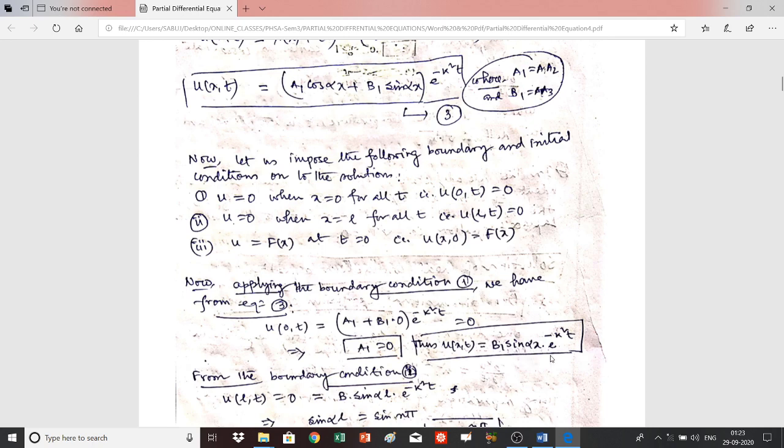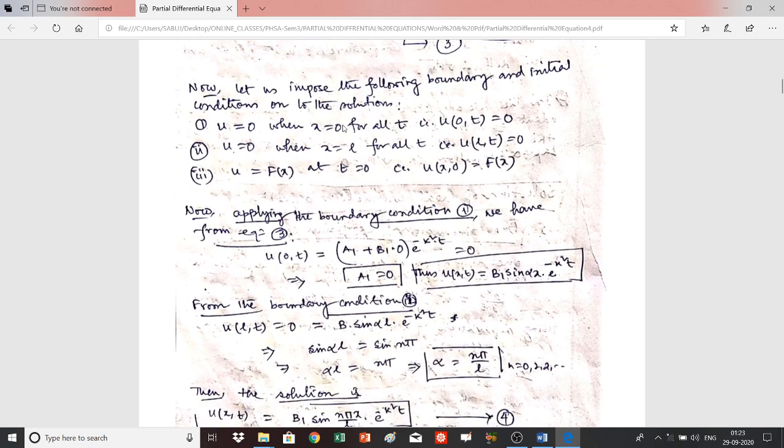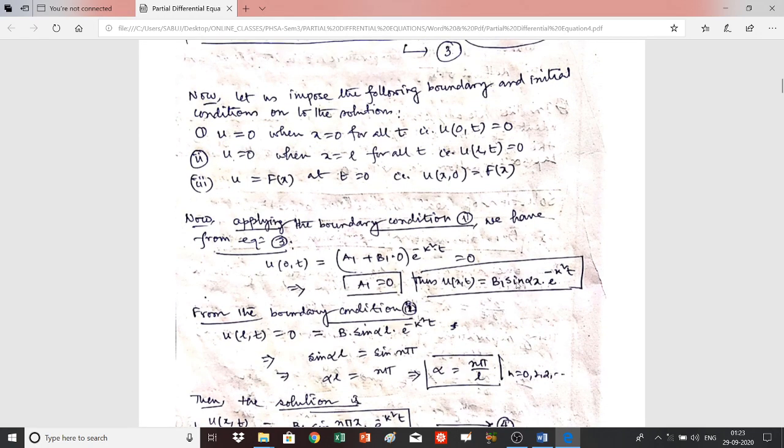So b1 sin alpha x e to the minus k square t. Nothing is different from that, except this term is not here because a1 is equal to 0. So now from the second boundary condition, boundary condition number 2, when x is equal to L, u is equal to 0. Now writing x is equal to L in this expression, we have u(L,t) equal to 0 from condition number 2, and that is equal to b1 sin alpha L e to the minus k square t, and since it is equal to 0,